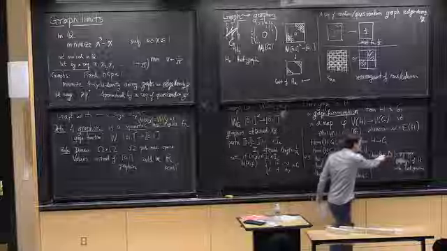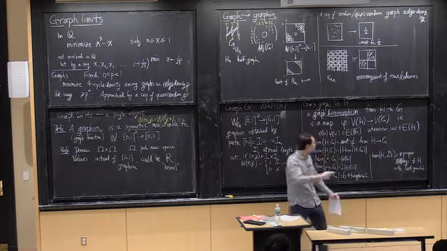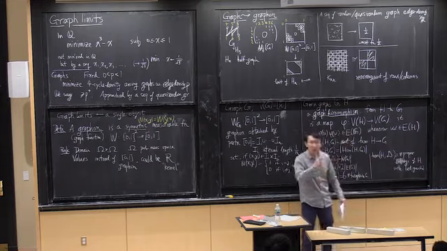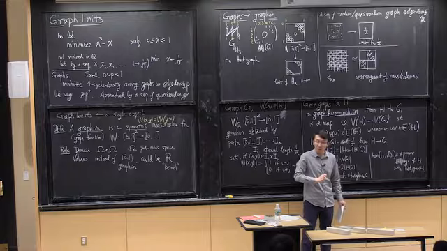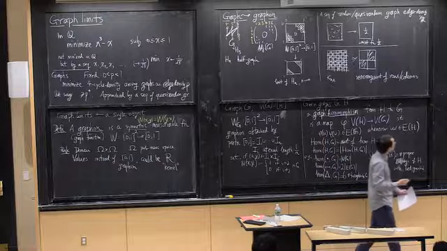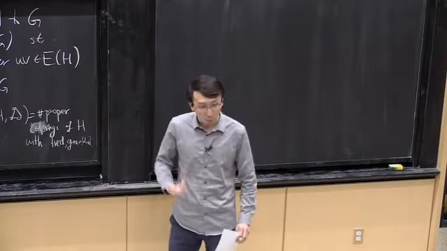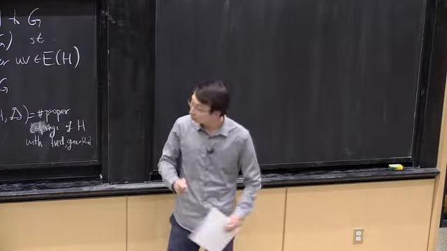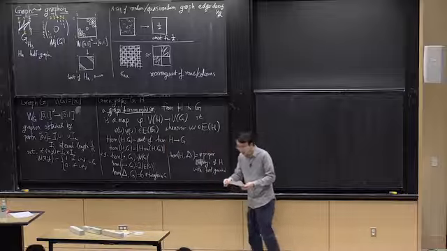Think about the 3 vertices as red, green, and blue, and whichever vertices of H get mapped to red, color that vertex red. Then you see that there's a one-to-one correspondence between such homomorphisms and proper colorings. So many important graph parameters can be encoded in terms of graph homomorphisms, and these are the ones that we're going to be looking at most of the time.